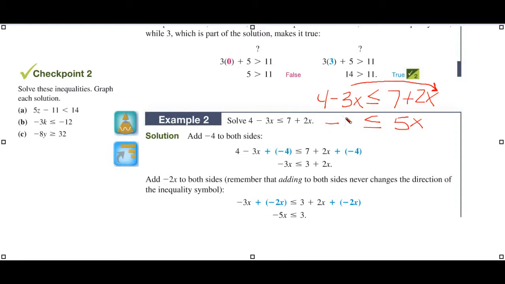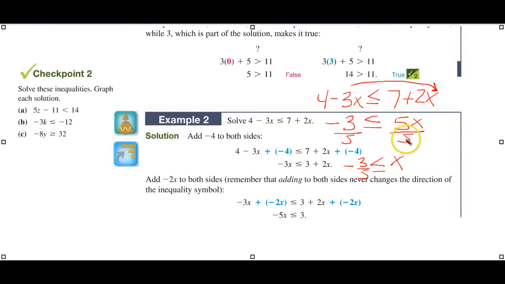negative 3. So this would be a negative 7 on this side, plus 4 is a negative 3. Now I'm going to divide both sides by 5. I can then write negative 3/5 is less than or equal to x. Now notice I didn't have to change the direction of my inequality sign because my x's were positive, and I divided